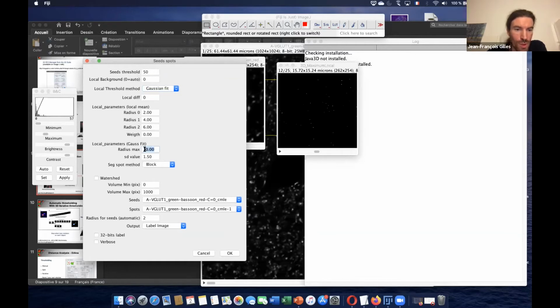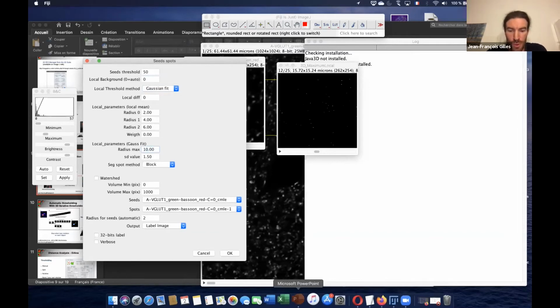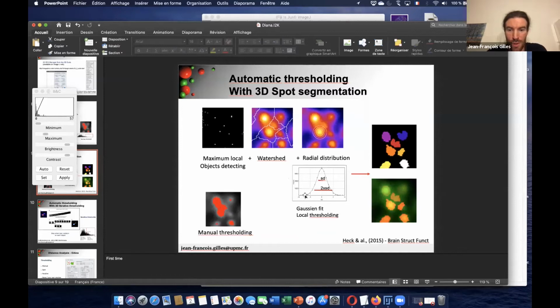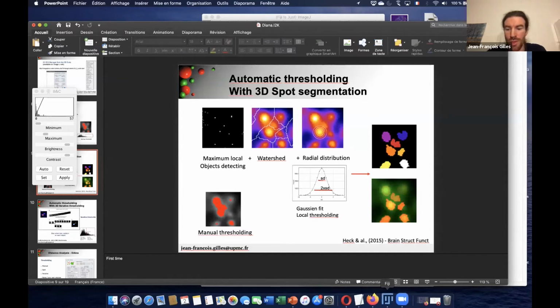We need to set a radius, the distance from the center. It corresponds to the size of your object.